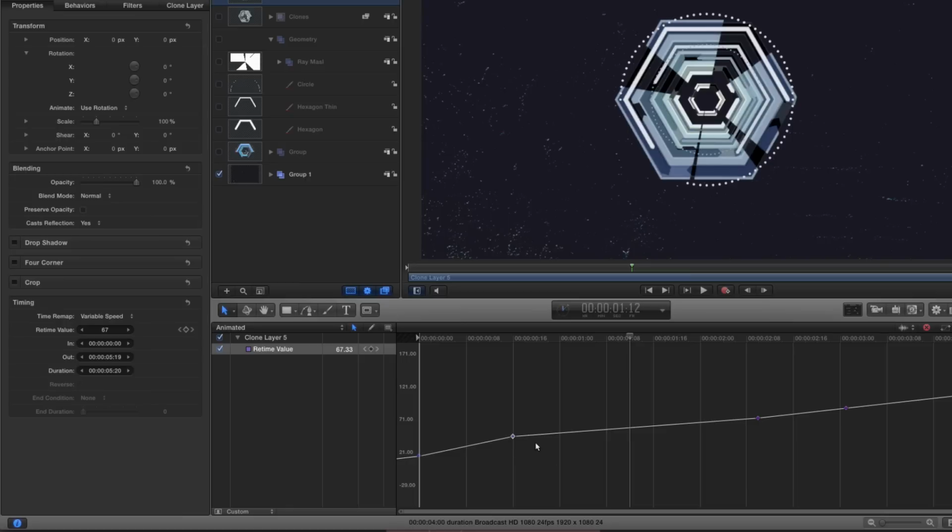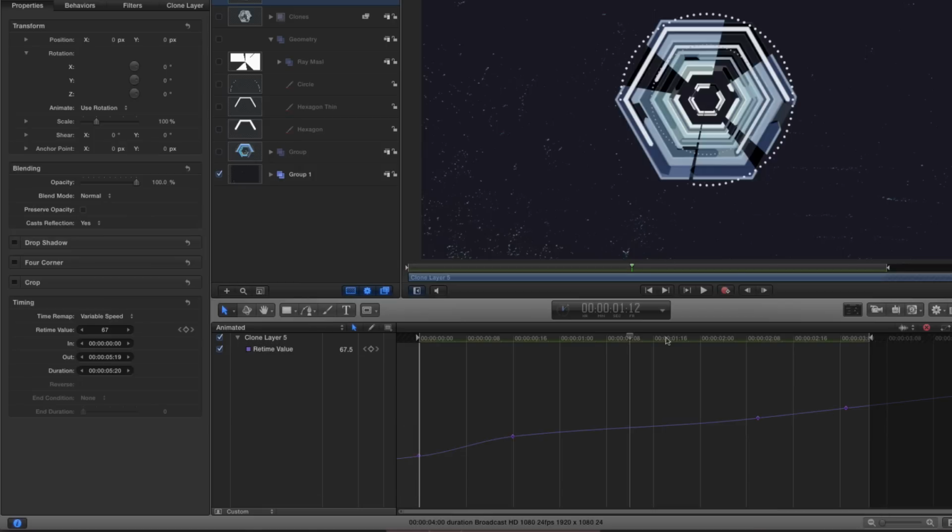So I'm going to take the second keyframe, right click on it, interpolation, Bezier, and I just want to smooth that off. You can see that Bezier operation has just given me a smooth ramp in and a smooth ramp out. Do the same thing with the third keyframe, right click, interpolation, Bezier. And that's just kept everything smooth.